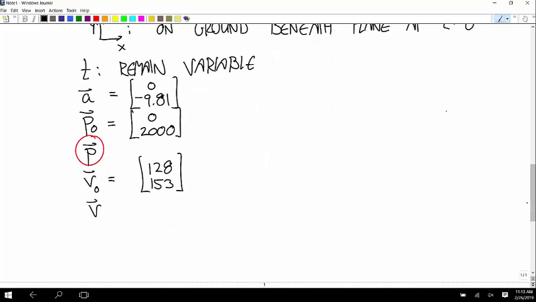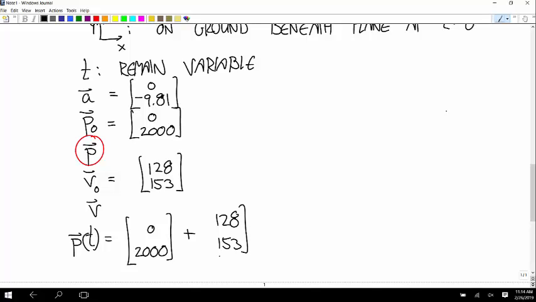So the position as a function of time is equal to 0, 2,000 plus 128, 153 times t plus 1/2 times 0, negative 9.81